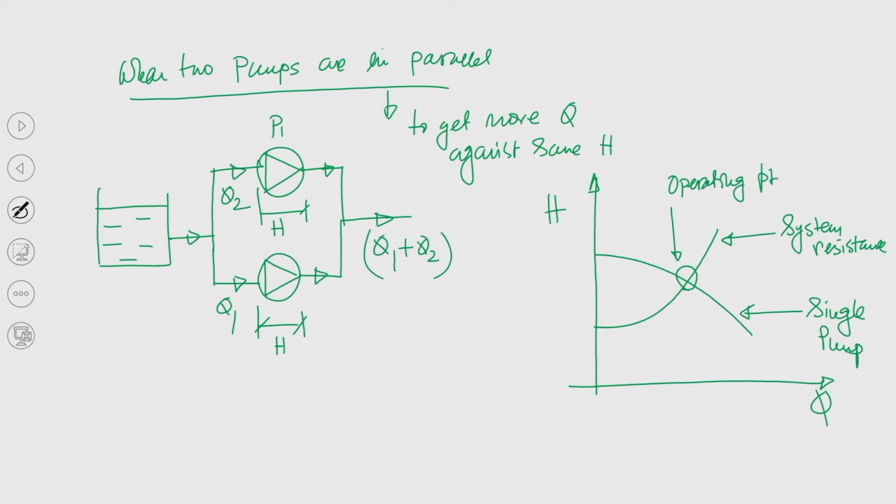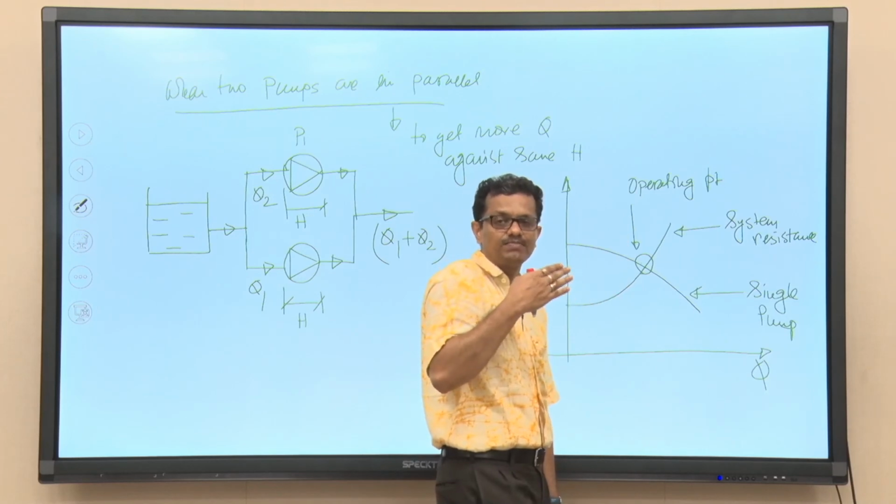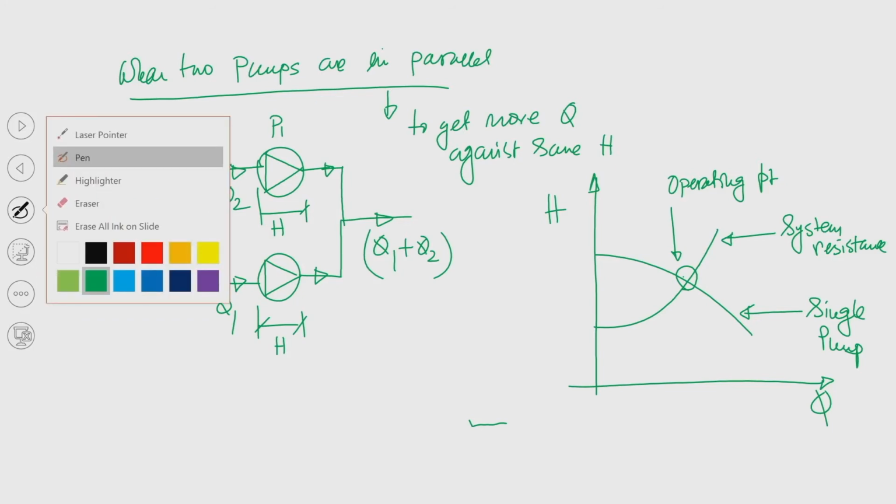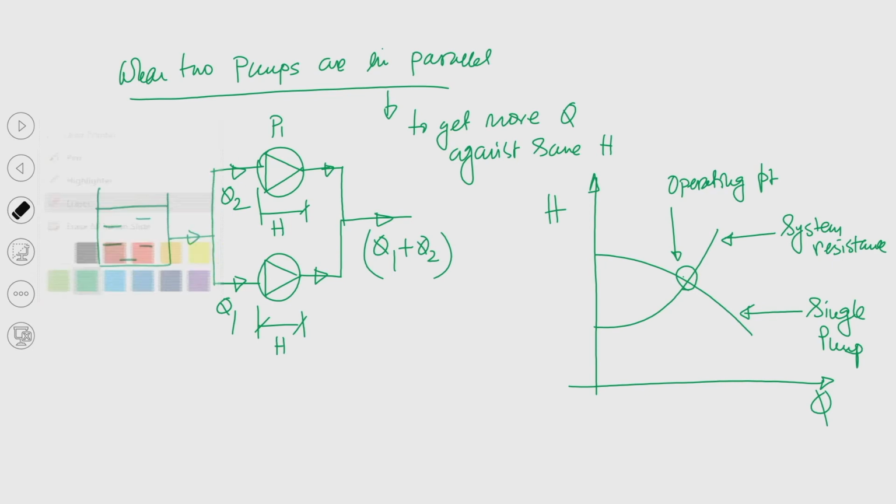Okay. So, now you can understand that when a single pump is running, the HQ curve will look like this, and that is what we have discussed, that initially when the pump is tested, the delivery valve remains closed. So, Q will be 0, but the pump will experience head, and that is the shut off head. If we open the delivery valve, flow rate will slightly increase, but the head, that is the pump resistance experienced by the pump, will drop down, and that is why this curve is like this. Now, if we try to superimpose, this is the curve for the single pump.